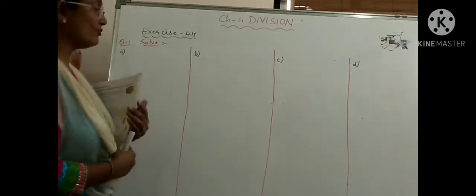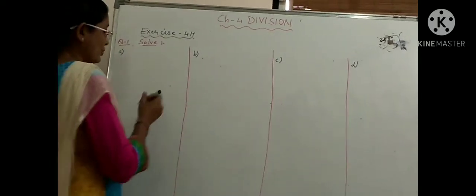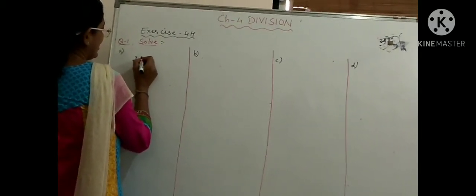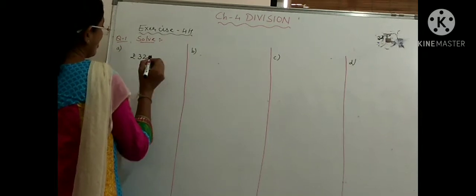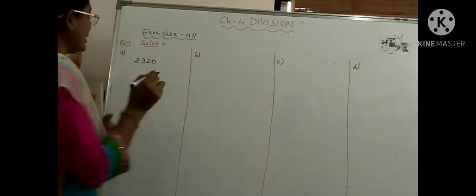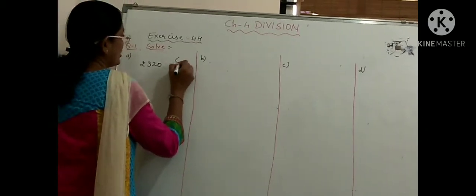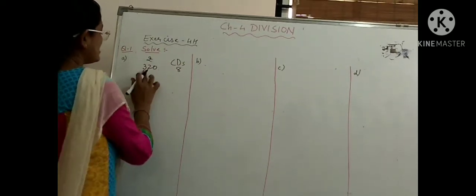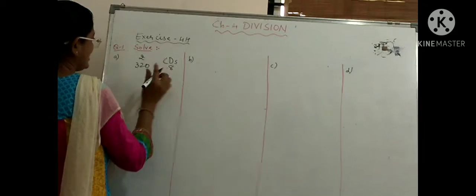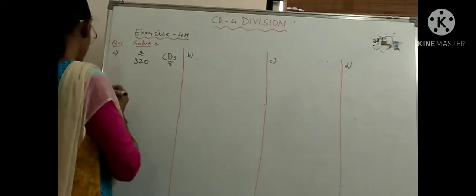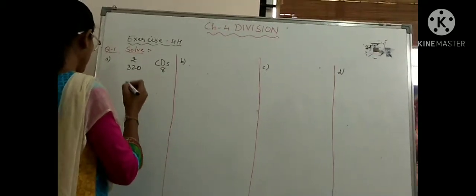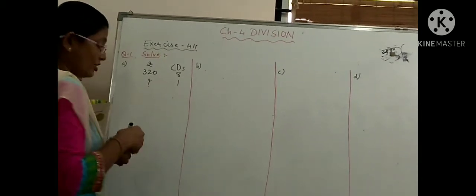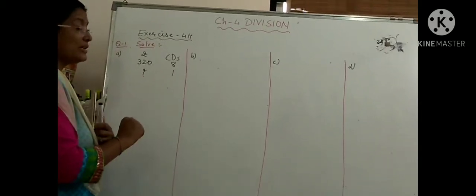Right? What is the question? Total rupees 320 were there. Rupees 320 were to be spent on CDs, and a total of 8 CDs were bought. So here you will write CDs and here you will write rupees. Then what was the cost of each CD? So one CD will cost how many? See, I have written it opposite. Such a mistake you may also make.